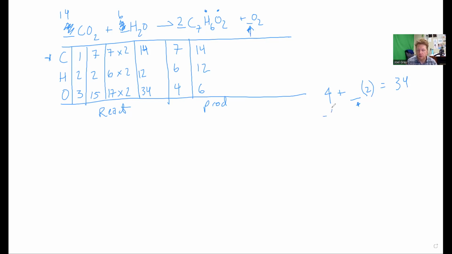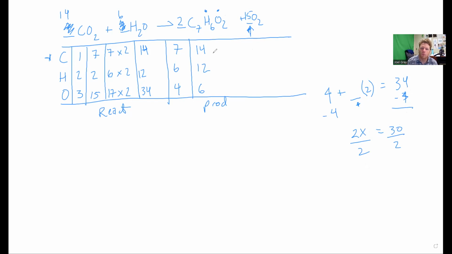So the way I can do this is subtract 4, subtract 4. So now I'm looking at 2 times, I'll just put an x here, equals 30. So 2 times x, divide each side by 2, x equals 15. So I've got 15 O2, so that's 30 carbons, plus 2